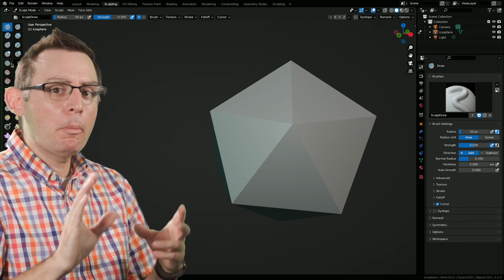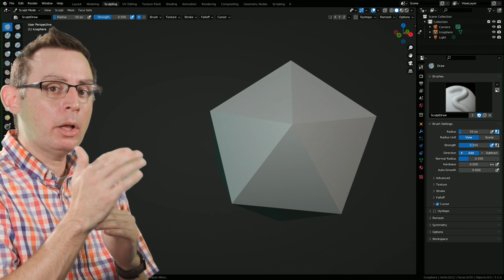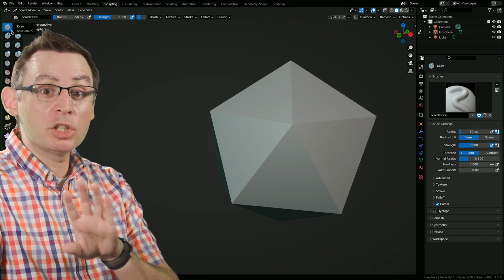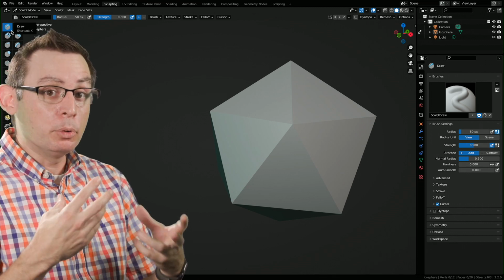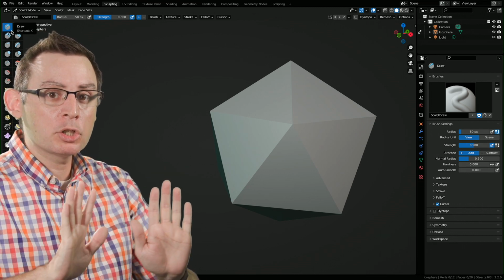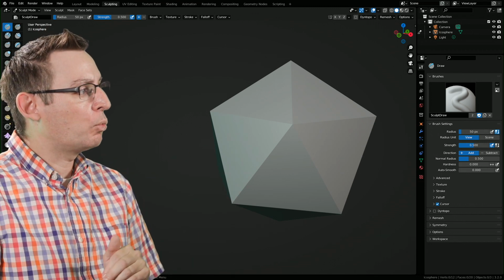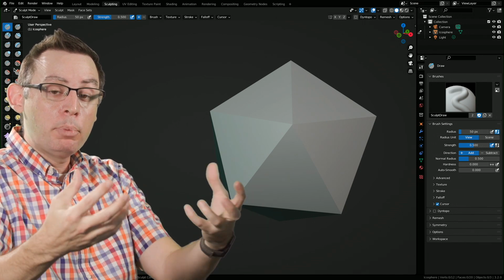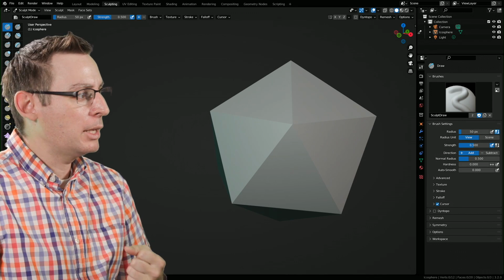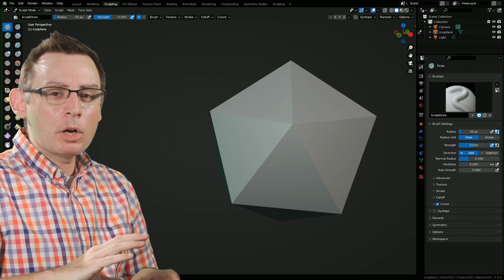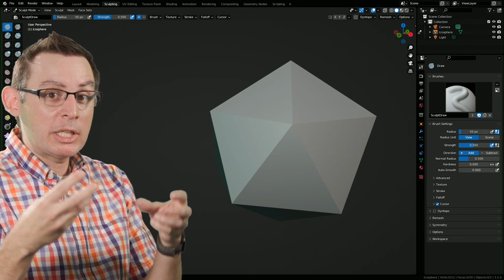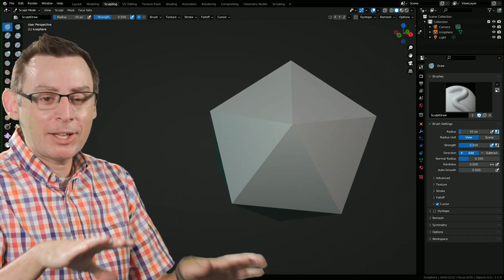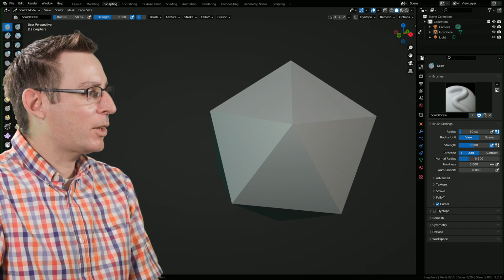Since we're over here, be real mindful that they've done a great job of color coding all of the brushes. If you look carefully, we have a whole collection of blue brushes. The blue ones are additive, so they're going to push the forms outwards. The red ones are subtractive, so they're going to smooth out and push all the forms inwards. And then the yellow ones are going to be like movement brushes. They're going to take the existing structure and move it very intelligently and creatively across the surface of our mesh.